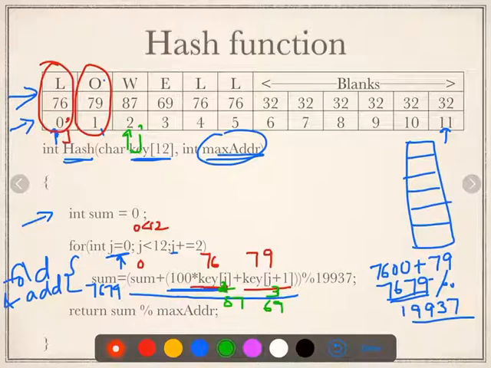Once you are done with all the additions, you are going to come to the last step, which is nothing but dividing by the maximum address space, the space which is available for you. So after you get the sum from this fold and add step, the last step is a modulus using your maximum address space. If it is 100, you are going to divide it by 100 and it will return the remainder as your address. So this is how your hash function is implemented for your previous example.